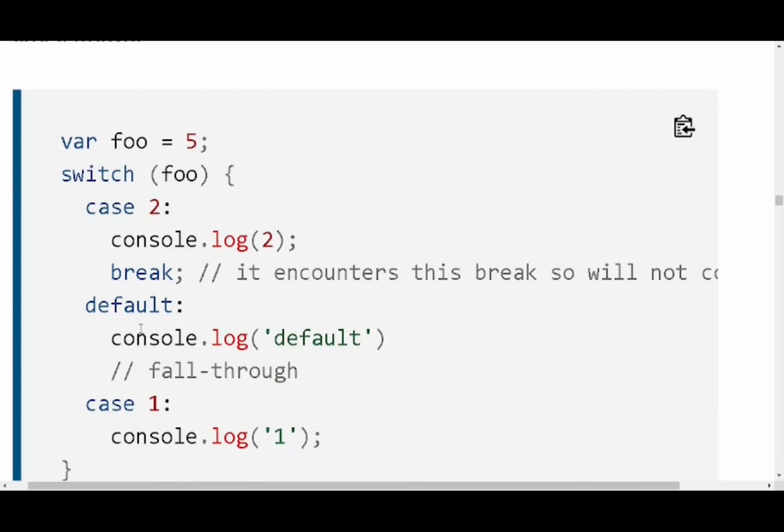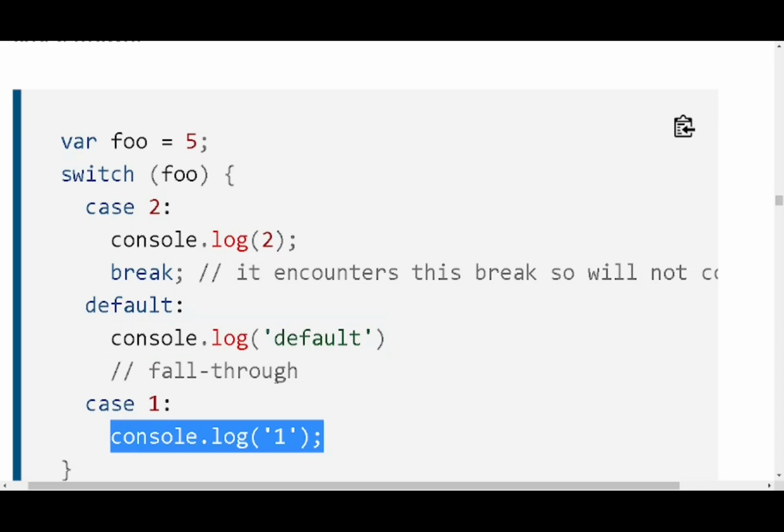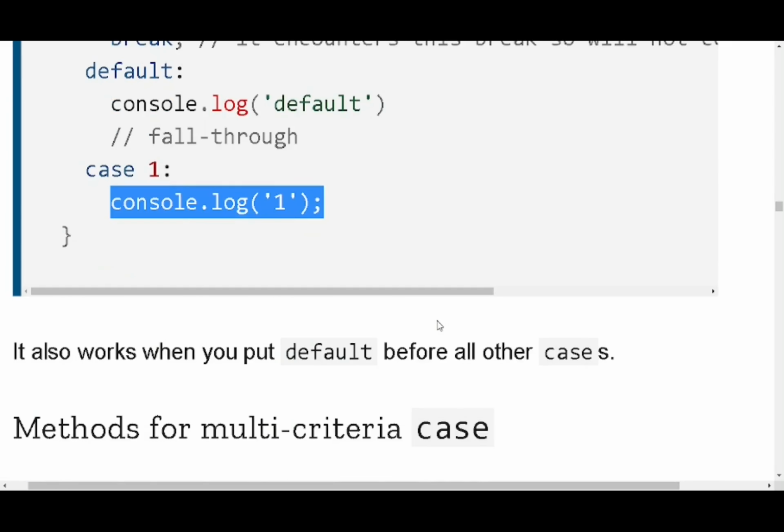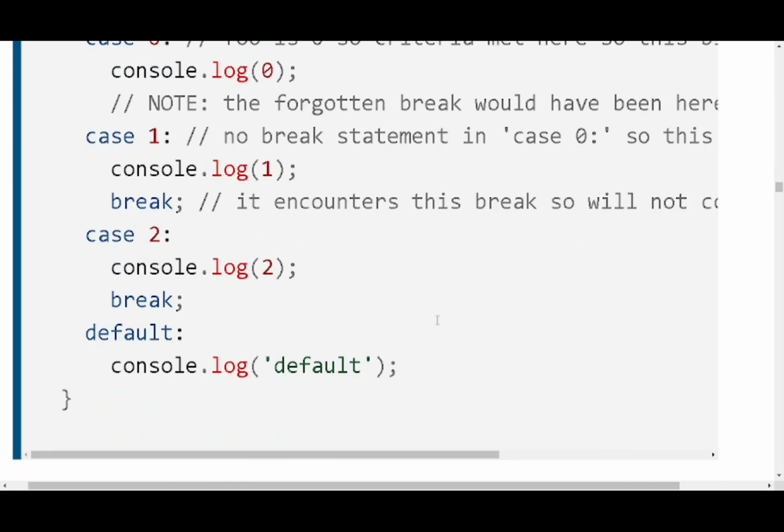Then as I told you earlier, the position of default can be anywhere between the case statements. So here the default is kept between case 2 and case 1, sandwiched between two cases, and note here there is no break given. Here the expression's value is 5, so it matches neither of the cases, so default will be triggered and there is no break given in the default. So the statement under the default as well as the statement following it within the next case will also get executed. So a fall through is happening over here. It is better that you actually club your cases or defaults with breaks.